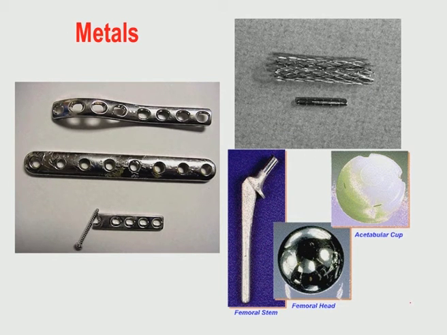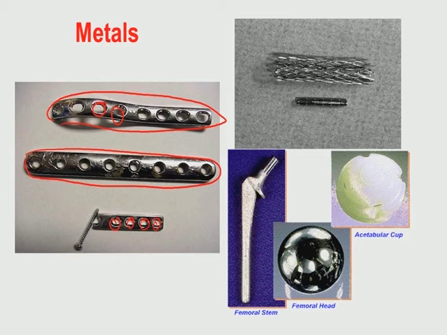So, these are different examples of metallic plates which are used in these applications. You can see these holes right here. These holes have to be made by drilling. Now, if you imagine using this long plate made up of some ceramics, the moment you try to make a hole into the ceramic plate, this entire plate will simply fracture into two pieces, simply because it will not be able to sustain the drilling induced stresses, and it causes significant cracking and fracture.